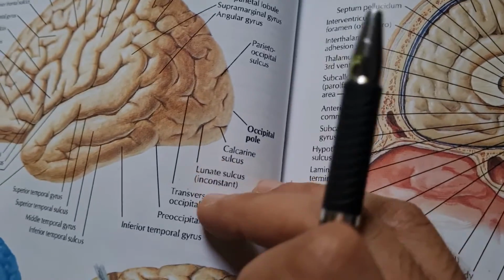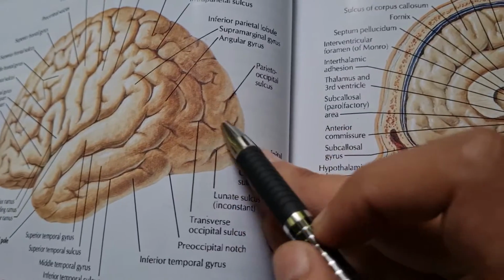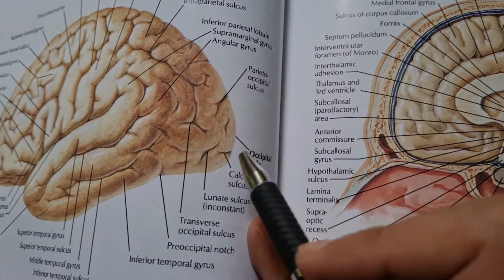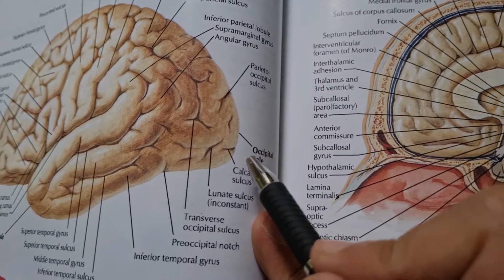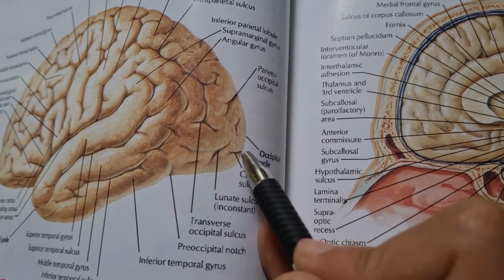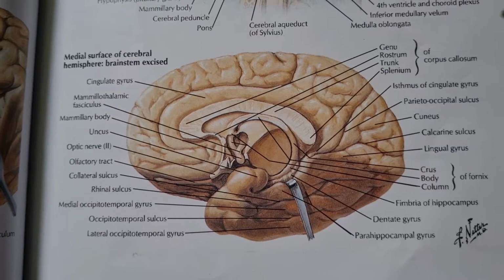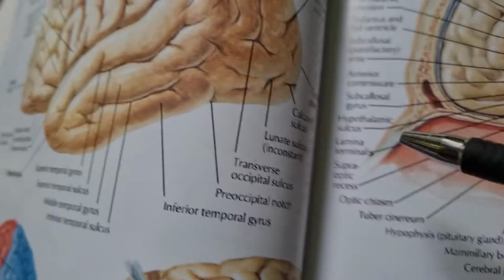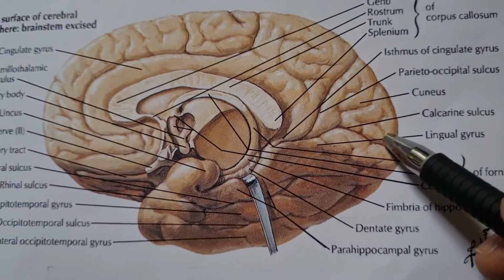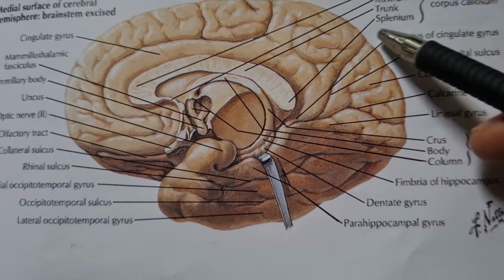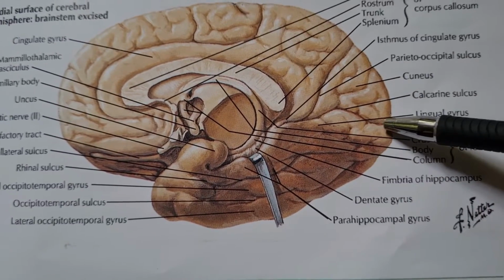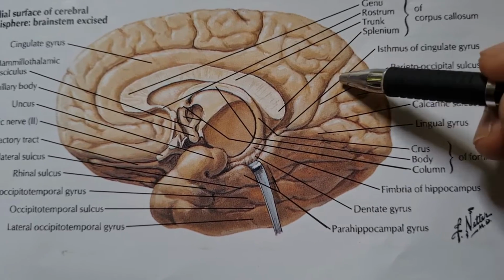Now we will look at the occipital pole. So here lies the occipital pole, but it is not clearly seen in this superolateral view. Here we can see a small sulcus, this is known as the calcarine sulcus, but this will be clear in the medial view. So let's see the medial view. Here we can see that this is the parieto-occipital sulcus that was visible laterally, and below it lies the calcarine sulcus. So below the parieto-occipital sulcus, this entire area is called the occipital lobe, and between the calcarine sulcus and the parieto-occipital sulcus there is this triangular area.